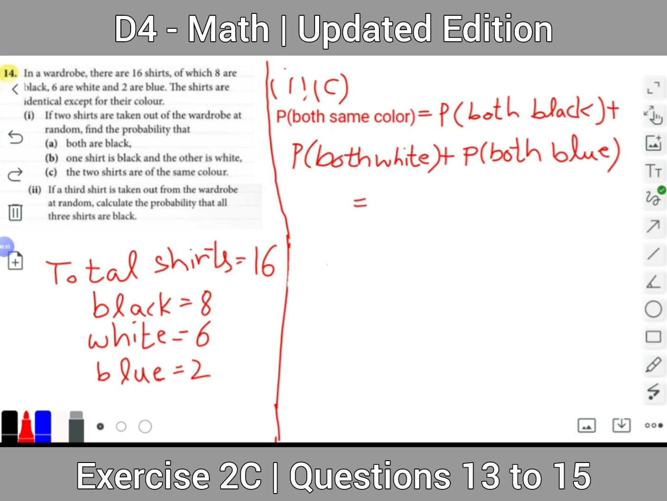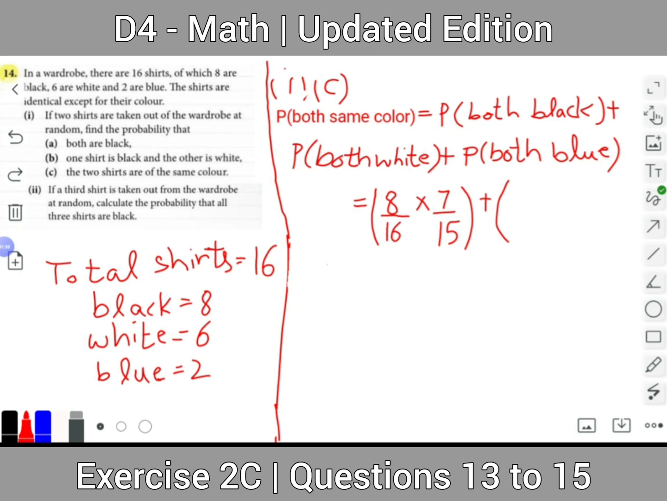The probability for the first shirt to be black is the number of favorable outcomes divided by the number of total outcomes, so 8 over 16, since the number of black shirts is 8 and total shirts are 16. Since we have already taken one shirt, 15 shirts are left, and 7 black shirts are left. So the probability for the second shirt to be black is 7 over 15. Now plus